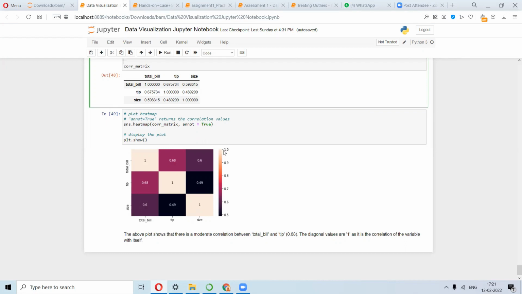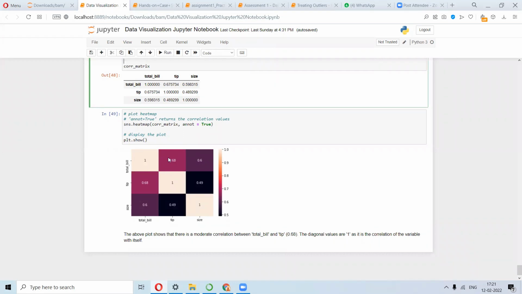The lighter the color, the higher the correlation. So 1 is very light, which doesn't give any input in terms of understanding the data set. Of course, it's going to be 1 when finding the correlation of a variable with itself. But other than that, you can see that this is dark black, so these two variables, size and tip, have really low correlation. This is symmetric, of course, above the diagonal. And then you have this one, which is even lighter than this one.